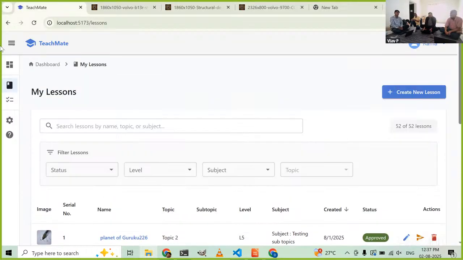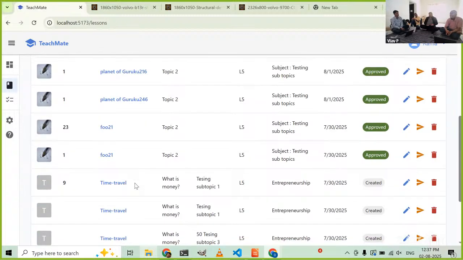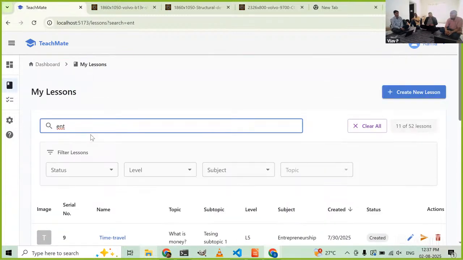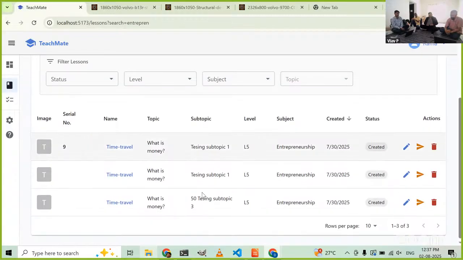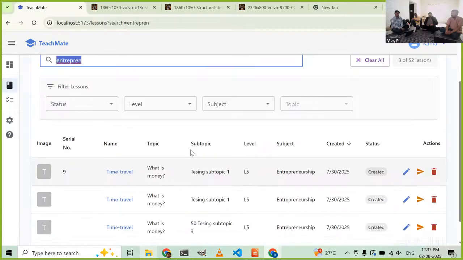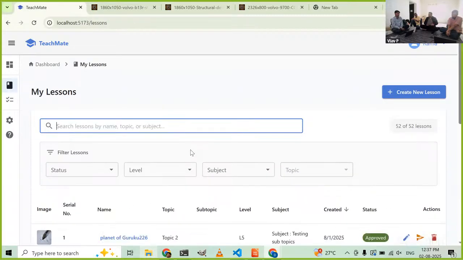I want to not worry too much about individual filters all the time because we want to encourage searching from here itself. See, I type anything here and it directly gets selected. Otherwise, the subtopic selection would be select subject, select topic, select subtopic, all those things. Here you directly type the name. For example, it's a free text search. If you want everything under a particular subtopic, even the topic field can have that. So here, if I say testing subtopics, it is supposed to eventually just directly